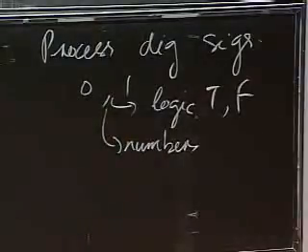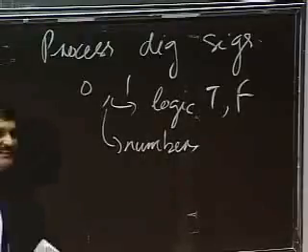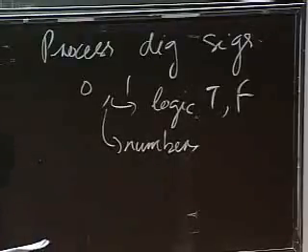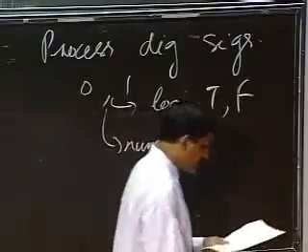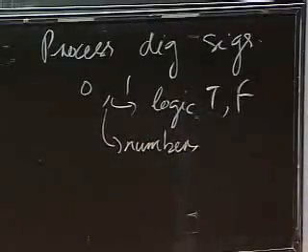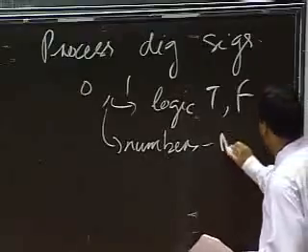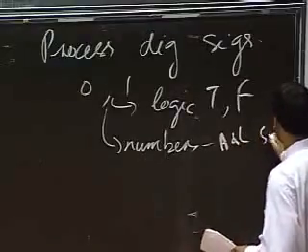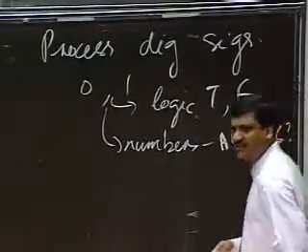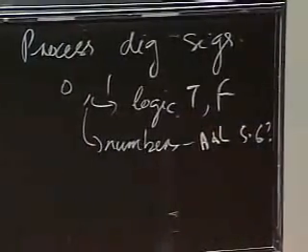How do I represent a number, like 3.9, with zeros and ones? It turns out that this is a whole field in itself. You'll hear more about this in a recitation. Let me also point you to the last section of the course notes, chapter 5.6, I believe, that talks about how to represent numbers.